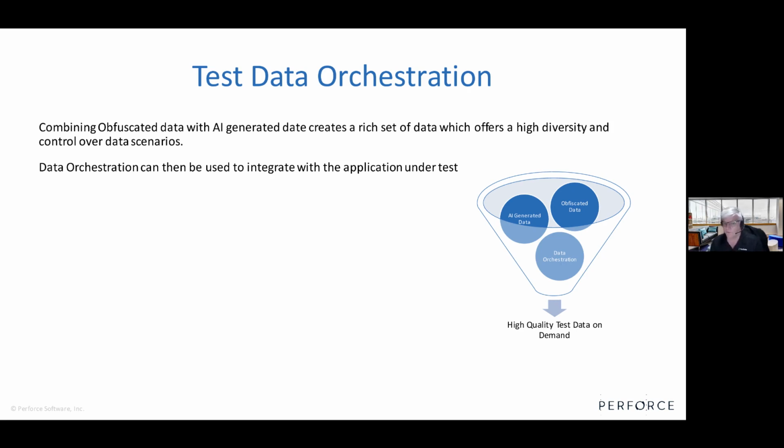So within BlazeMeter, we have the test data orchestrator, and obviously there are other orchestration tools. Taking this kind of tool, you can then combine this data. Combine your CSV data, take it with your synthetic data generation, and output the high quality data that you need for your tests. And this is really important because when we talked about our data consistency,